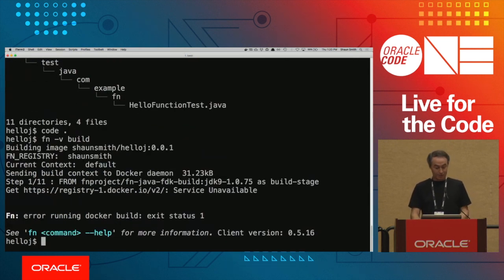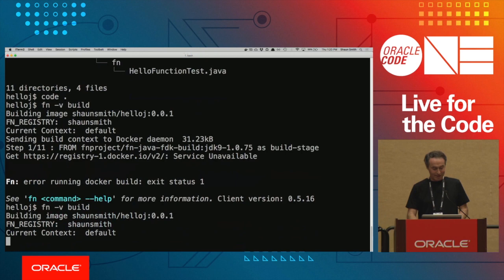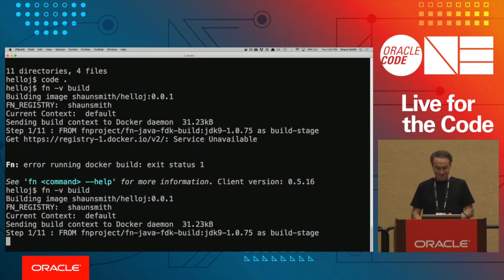What are we doing now? Service. Oh, do I have a network? No. Uh-oh, I turned it off. It's okay. As you know, in Docker world, if you don't have a connection to a repository, like Docker Hub and stuff, you're dead. I think I'm good. Okay, let's try that again.